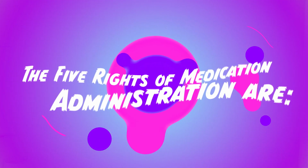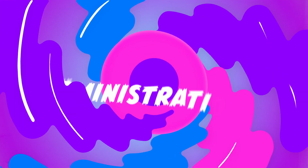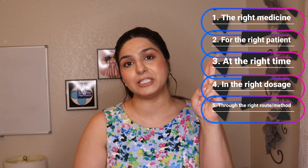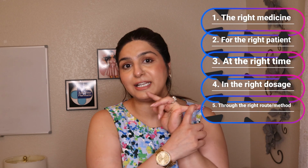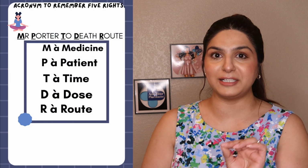In addition to these methods, you should keep in mind the 5 rights of medication administration to prevent any errors. The 5 rights of medication administration are the right medication for the right patient at the right time, in the right dosage, and through the right route of administration or right method. The way I remember these 5 rights is by a silly acronym or phrase that reminds me of the consequences of not following the 5 rights, and it's Mr. Porter to death